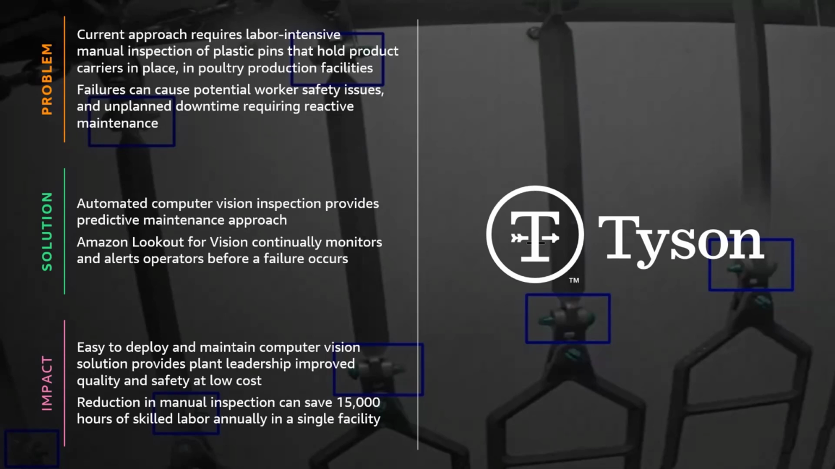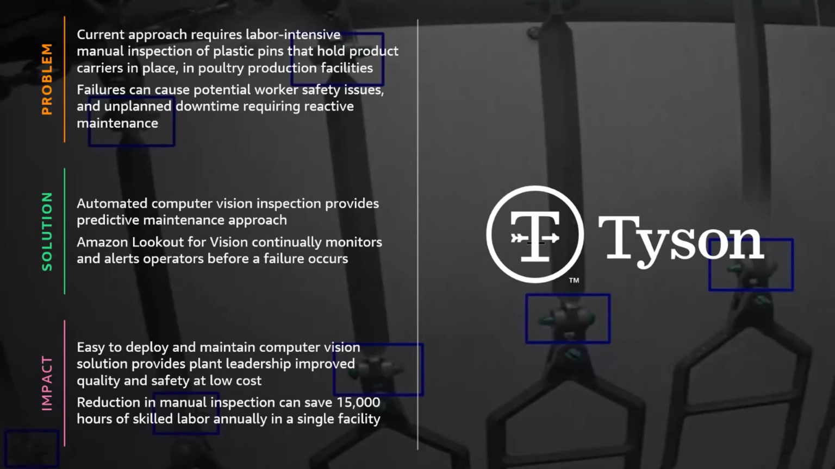So to automate this process, Tyson Foods used Amazon Lookout for Vision to create a custom ML model to analyze images and detect anomalies for the shackle pins. They deployed the model at the edge on an AWS Panorama appliance, which allows them to do all of this at the edge, or locally, so that its employees are notified right away that a product carrier needs maintenance